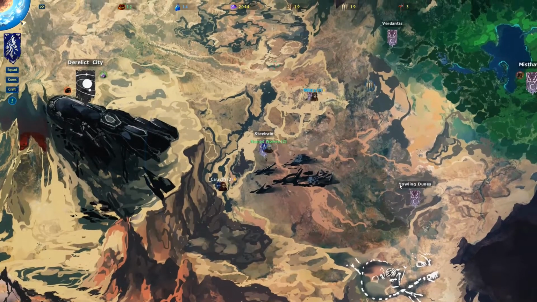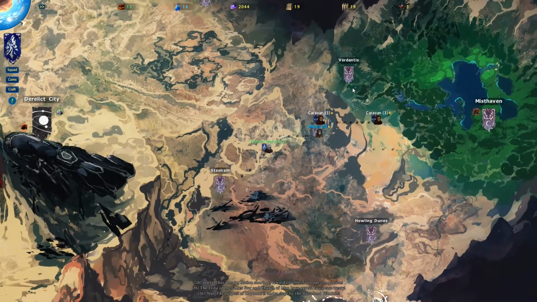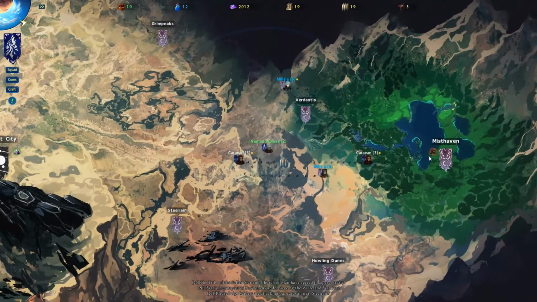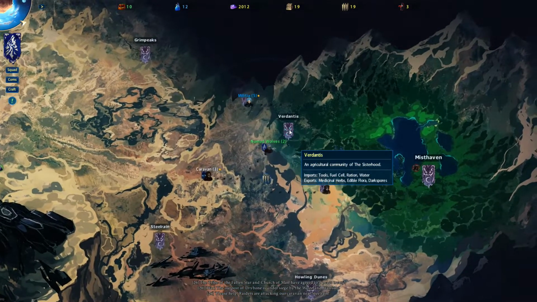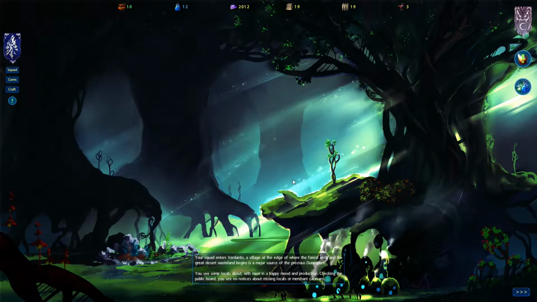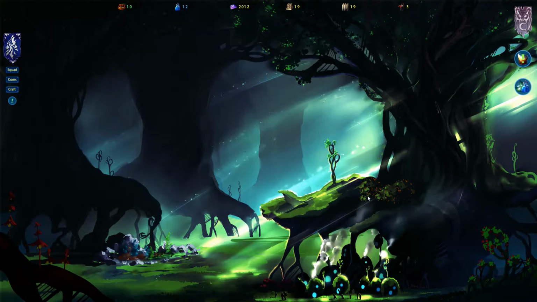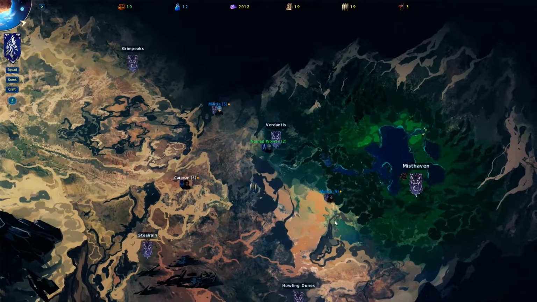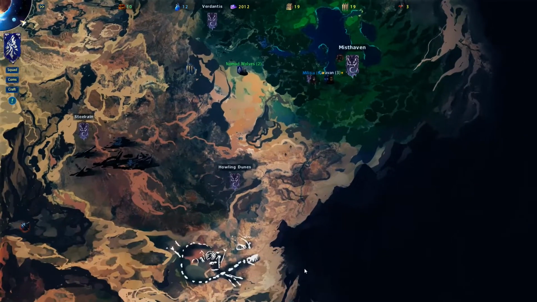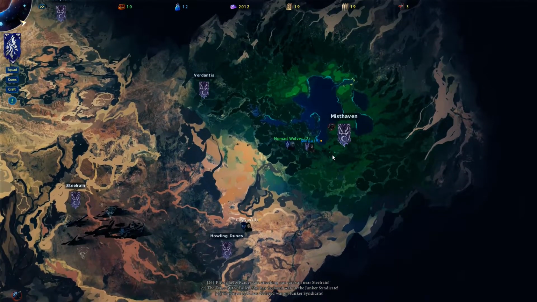Okay, who else might have xenium ore nearby? Oh, that's nice. They don't have any either. I'm going to go to Misthaven. Worst case scenario, we'll just have to head back down to Gematon. I didn't really want to do a giant circle, but...